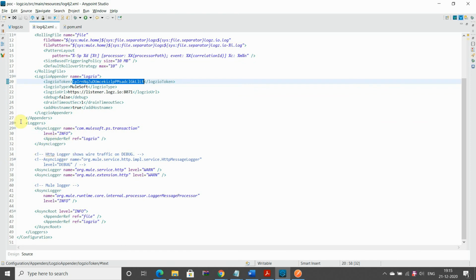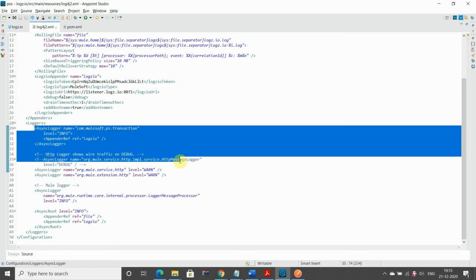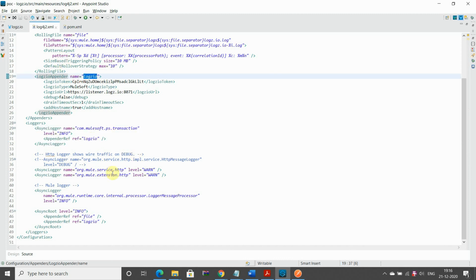In the logger section I have added a section, you can see the transaction. This section I am referring to as logjet. Then I can define the category directly to this, or I can define it from here as well.